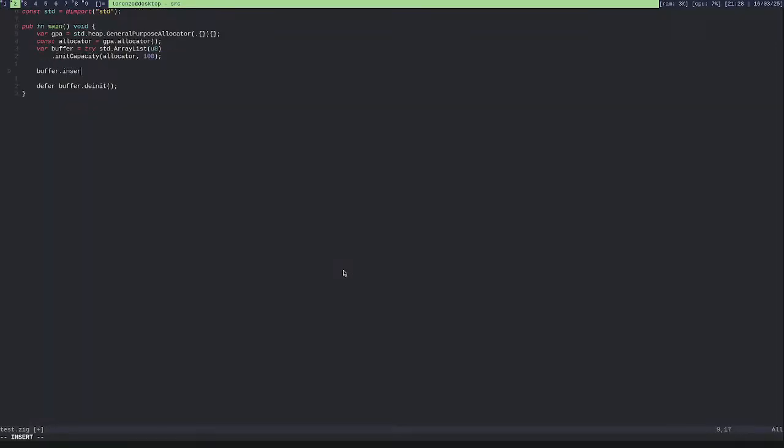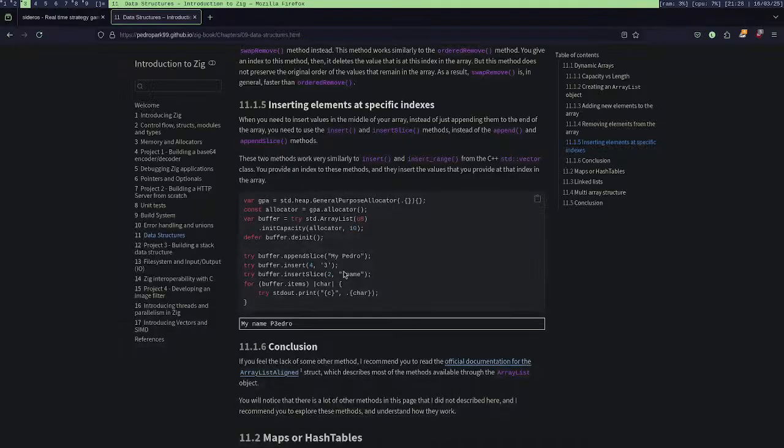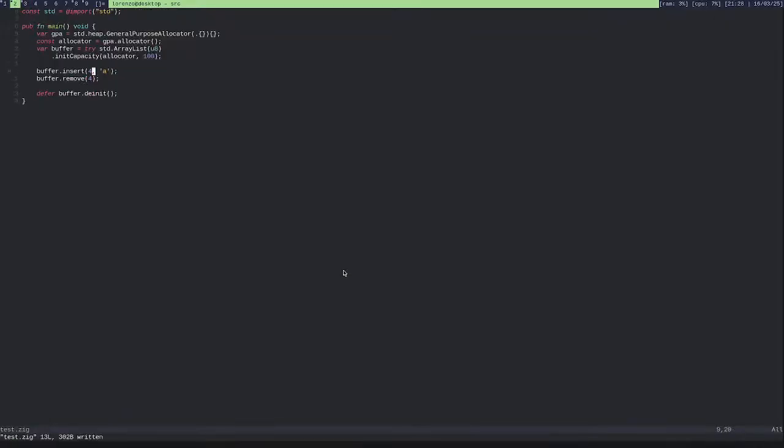I want to insert at index 4 the value a. Then I will remove the index 4, and I will set index 5 to be b, and then print, so std debug print.